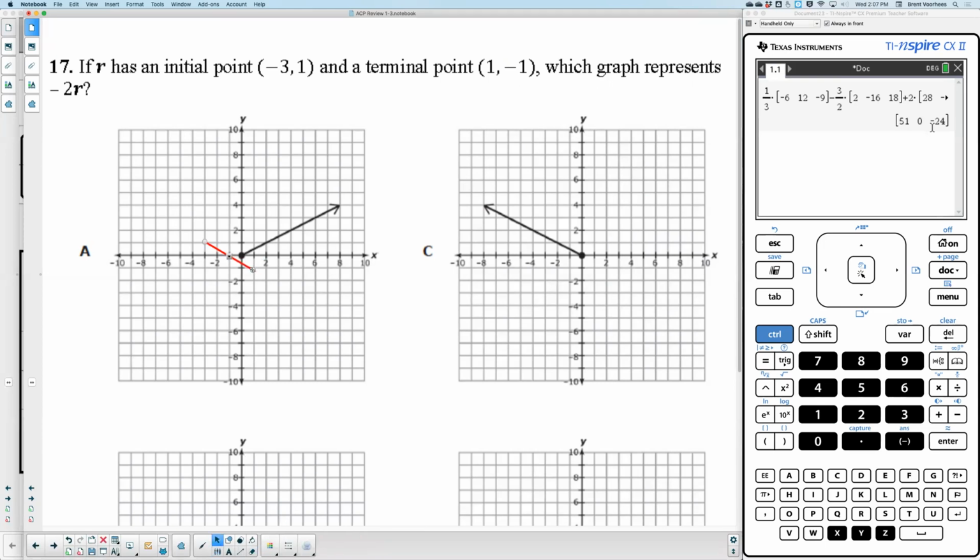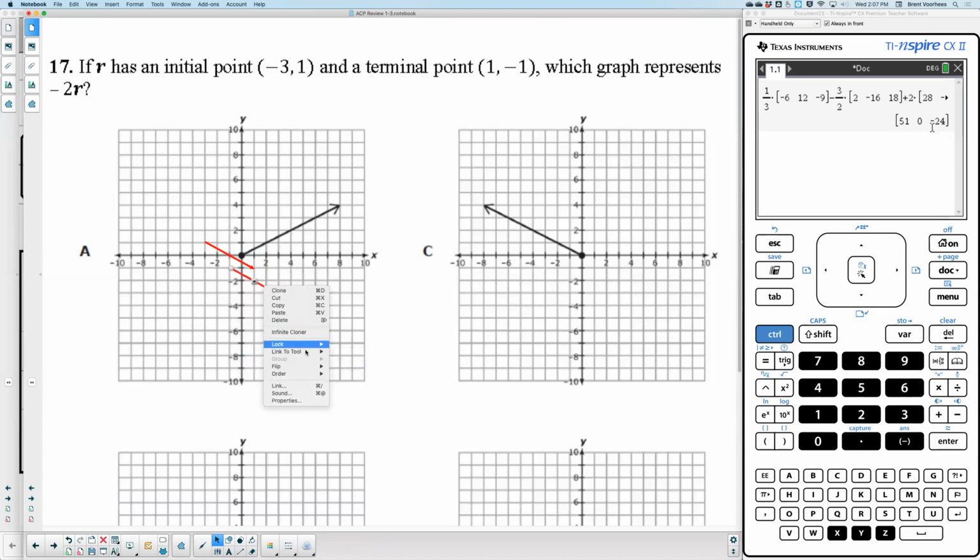Now we said we want to know which graph represents -2r. I want you to remember a couple things with vectors. If you were to multiply a vector by 2, it basically means have 2 vectors tip to tail, back to back. If you were going to do a negative, it flips the vector the other direction. So let me clone this, and I'm going to flip it,